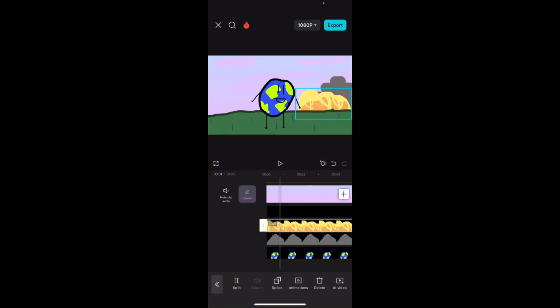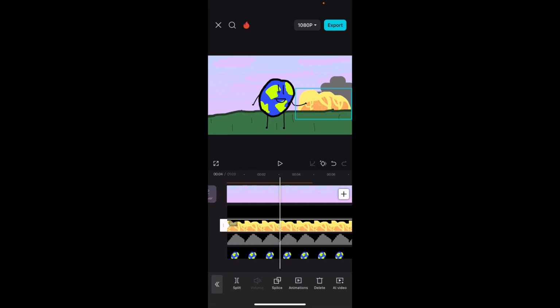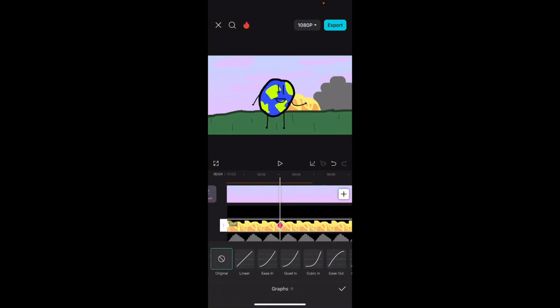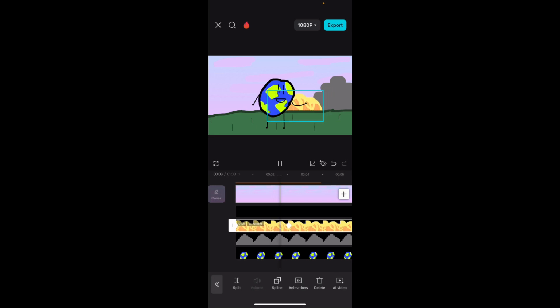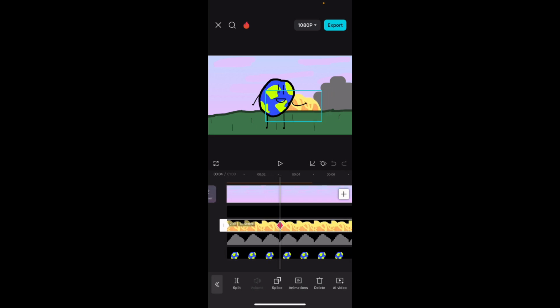So if they're walking and stuff, you can make the bush move and stuff. And if you want it to move smoother, then you could use ease. But if you're moving it, what I recommend to use to move it is